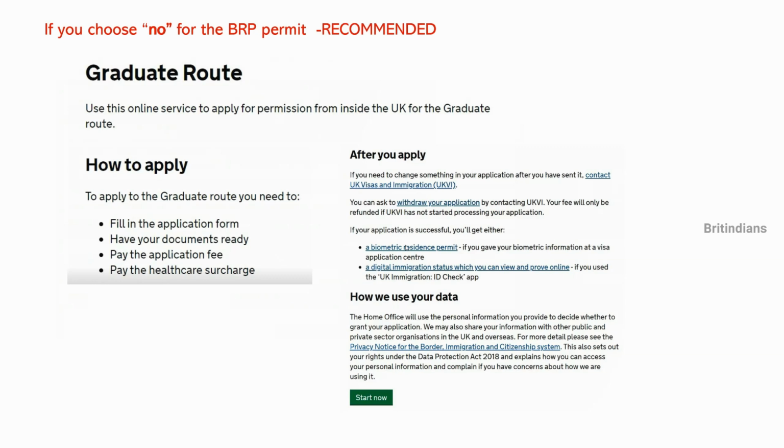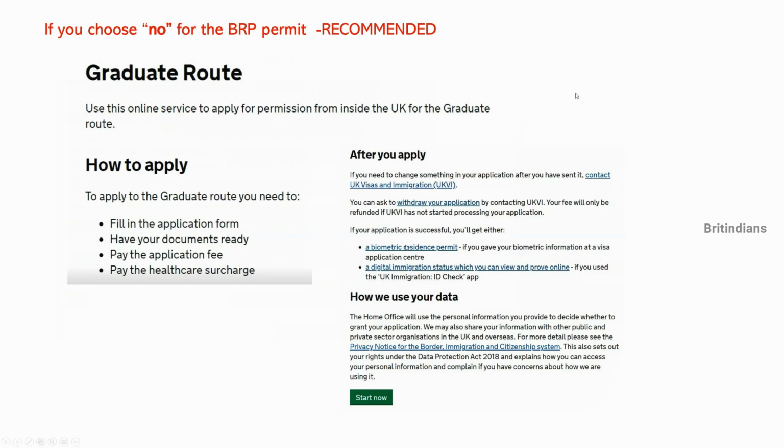I'm going to explain the online application, because the app is very easy. It's very straightforward. You just give your name and your BRP details, and then it will automatically ask you to scan it, and you can scan your passport too, and do everything in the app. You can pay the application fee and the health surcharge in the app, and it will directly send it to the Home Office, and you will get your results in 8 weeks. For the online application, I'm going to tell you how to do that.